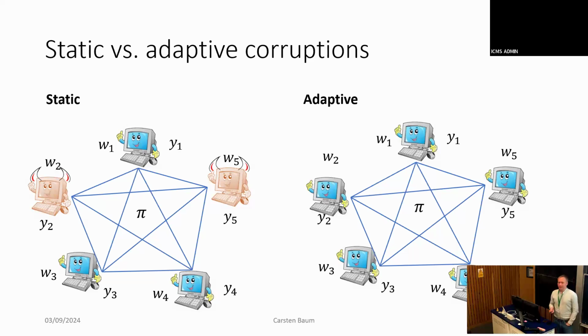The other way of doing it is the more realistic one, which is called adaptive security. There you start your multi-party computation, and then at some point, the adversary comes around and says, well, I feel like corrupting party 2 today. Then the adversary lets the MPC protocol run a little bit more, and then says, well, party 5 is now also corrupted. Intuitively, this generalizes static security. You actually need to prove that adaptive security implies static security. It doesn't always follow easily, but in most cases it does.